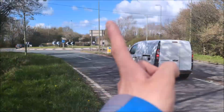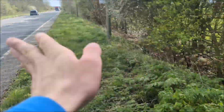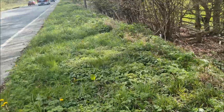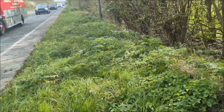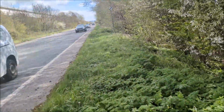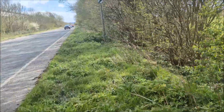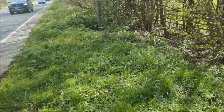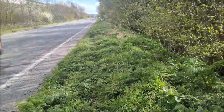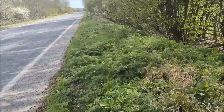Okay, so once you get to this roundabout, after you pass the Lidl, when you follow St John's Road all the way, you get to a Lidl. So when you follow St John's Road, it takes you to a mini roundabout, you bear left, and then you keep following that all the way to a Lidl, and then you pass the actual area for the Wallingford and Chelsea railway line. However, if you walk past the Lidl,